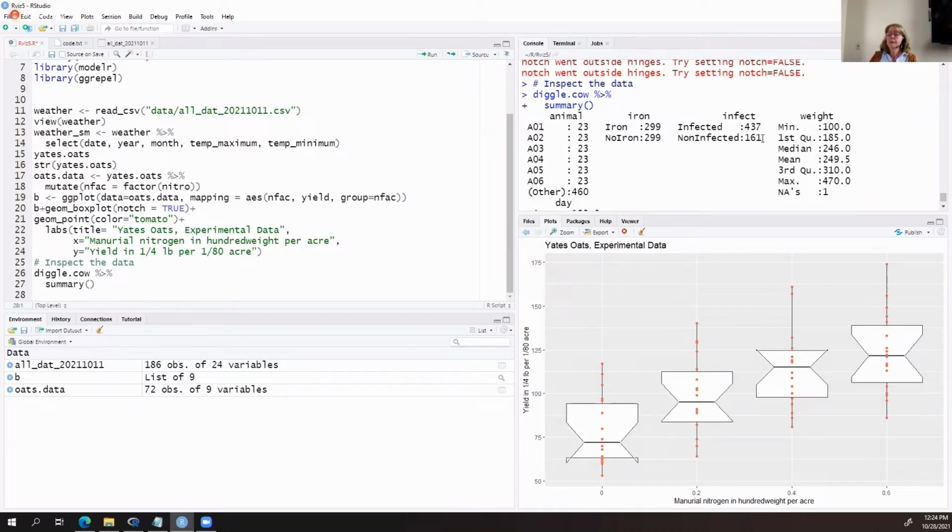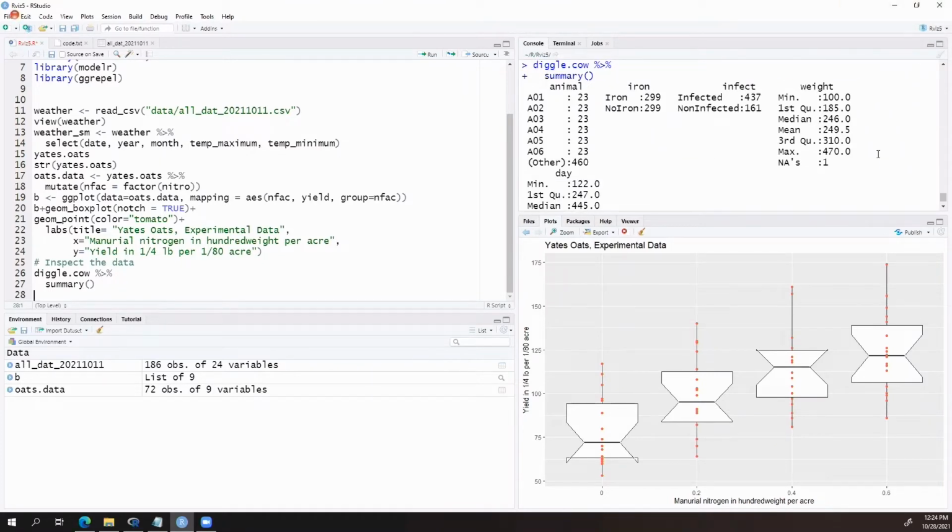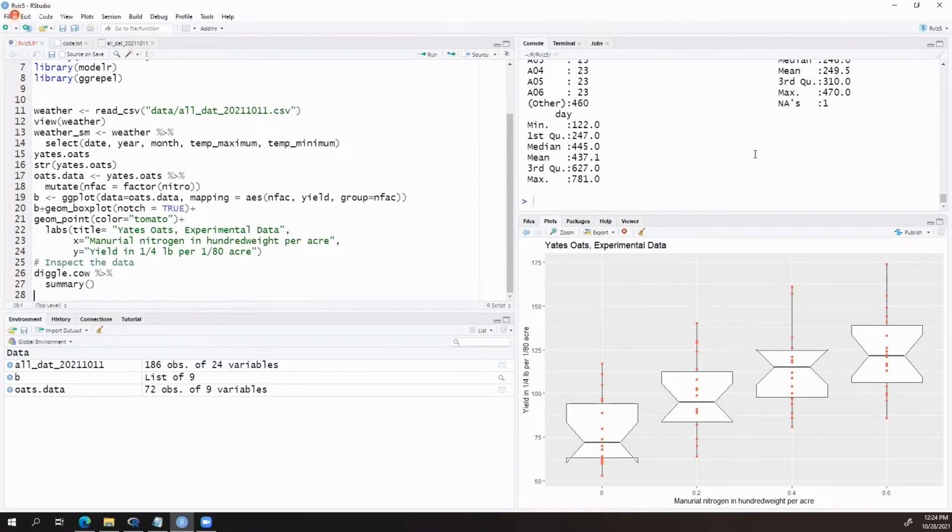And some of them had a pathogen that they were exposed to, and the weight was collected at about 10-day intervals. So the weight shown here is the statistical output for that. We do have one NA that shows up, so that can mess with our data a bit. And then the day category.